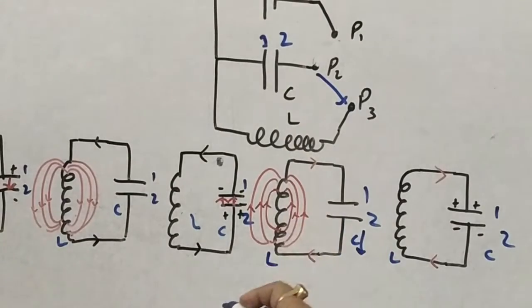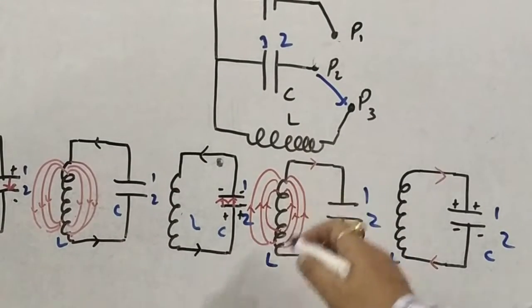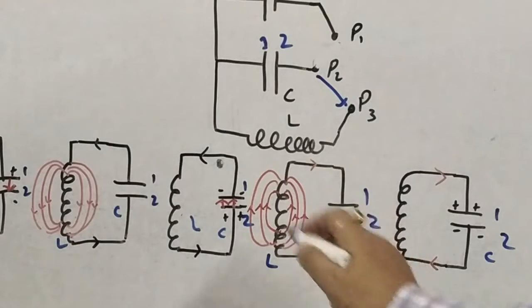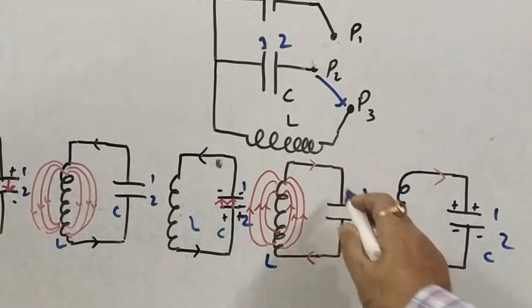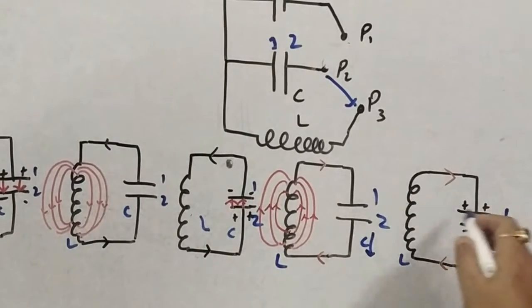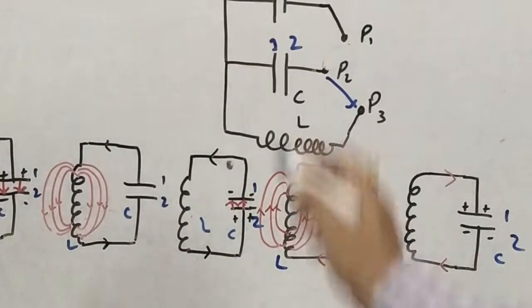फिर इसमें rings आपको दिख रहा है, that these rings, these are the magnetic lines of force. That means induced EMF will develop and that will produce the current, and इससे फिर से इसको recharge कर देंगे, और this will become positive and negative. एक complete cycle हो रहा है.